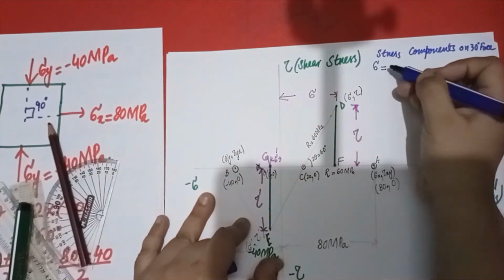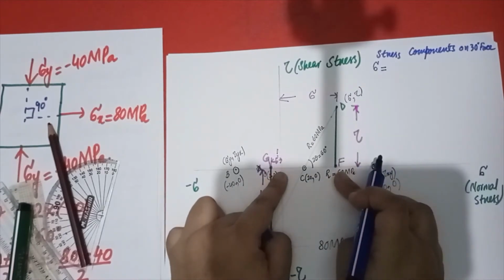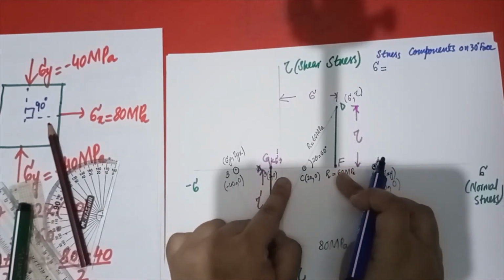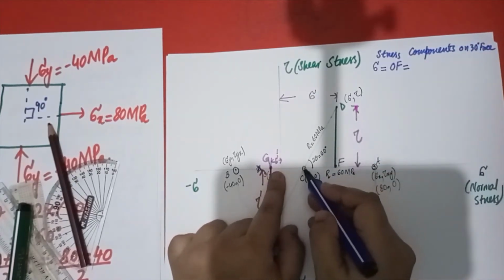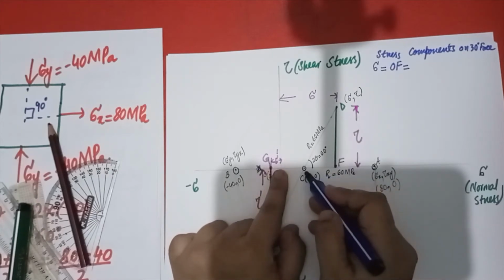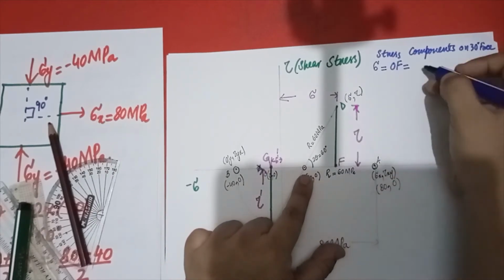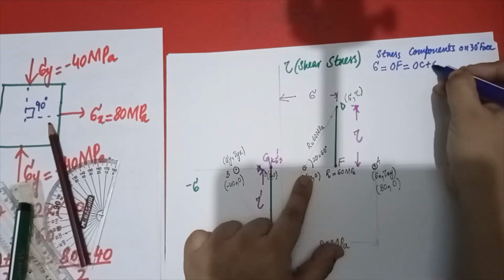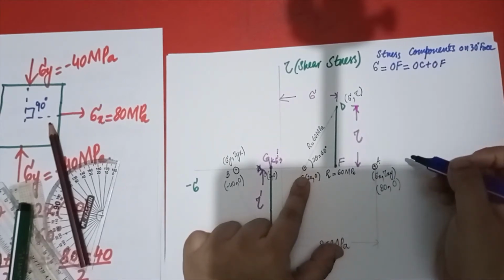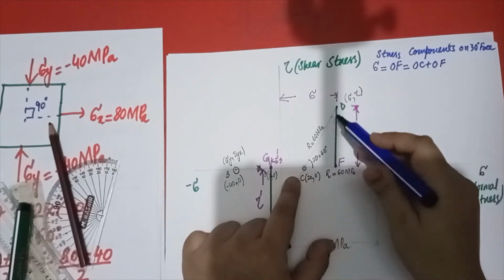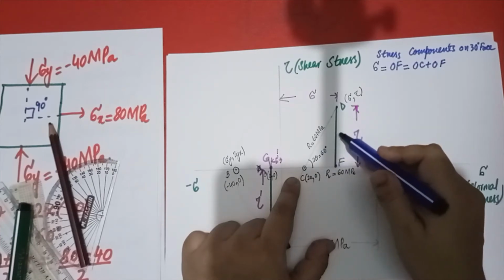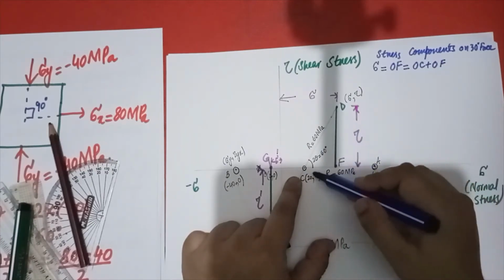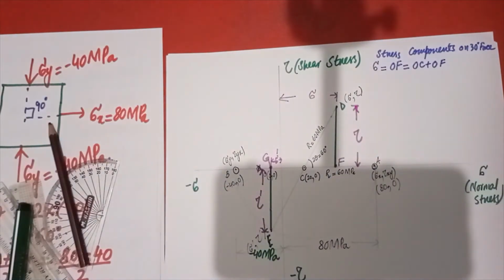So what I have to do, sigma, this is sigma from origin till here. So this is origin O and this is F. So it will be equal to OF, and I have to add up OC plus OF. Then the next thing, you know that this is the triangle and this angle is given as 60 degree. This is the radius. So for example, if you have to find the perpendicular distance or the base, how can you find it out?